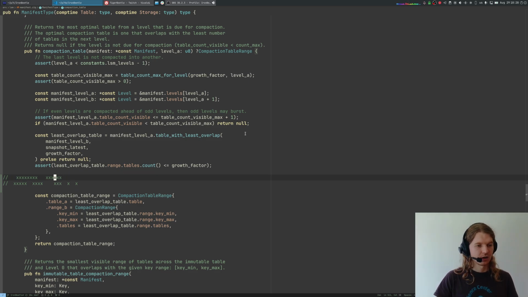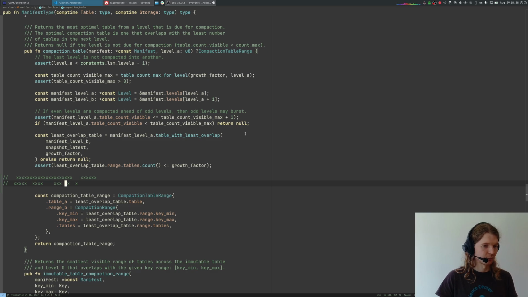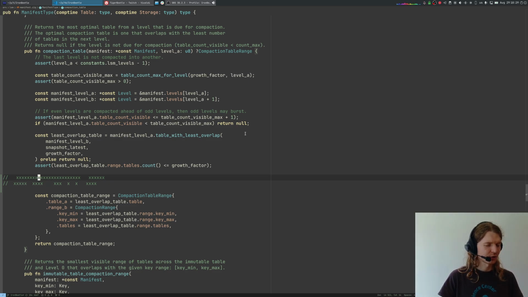And it could be the case that some table from the first level overlaps a whole bunch of tables from the next level. So this table overlaps 1, 2, 3, 4, 5 tables. Well, 5 tables, should be 6. Okay, let's make it 6. But if this table overlaps 6 tables, then this one naturally can overlap only 1 table. I don't fully understand why this works. I guess, okay, so what is the worst case? I guess the worst case is that